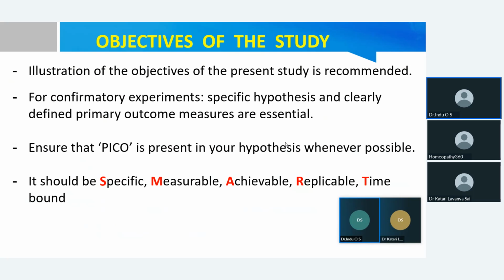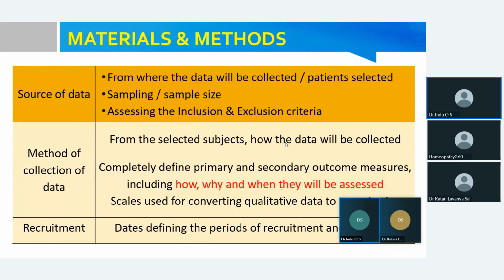Next is, while writing the title, you try to use action verbs like to determine, to compare, to verify, to calculate, like that. Okay, so this is mainly for your objectives or aims. In objectives and aims, you can use, one example I can give you, like to determine whether daily oral regimen of IFA tablets is better than weekly oral regimen in treating anemia among women in reproductive age group. So we can take this as an example.